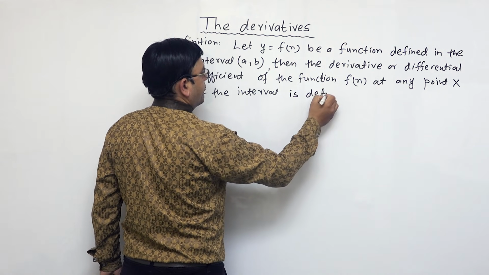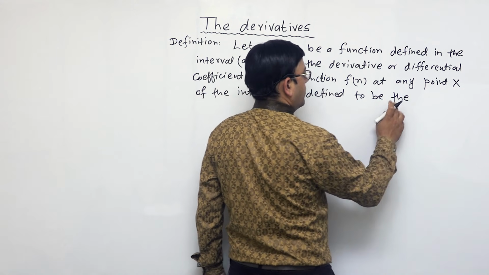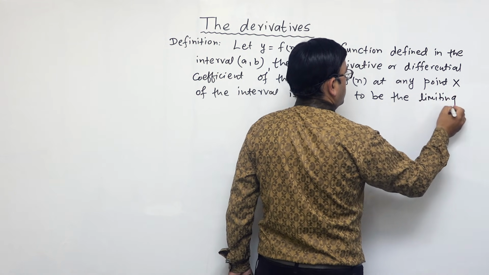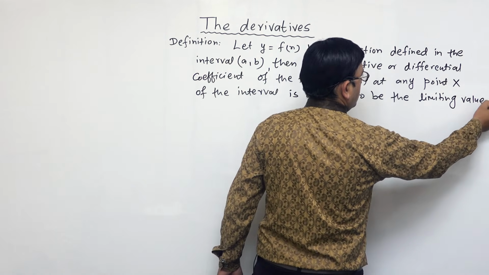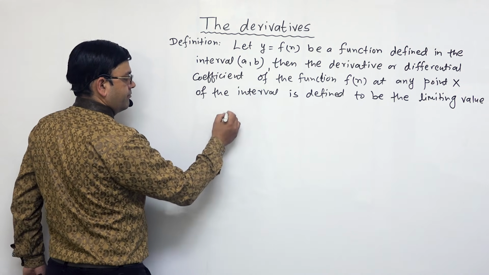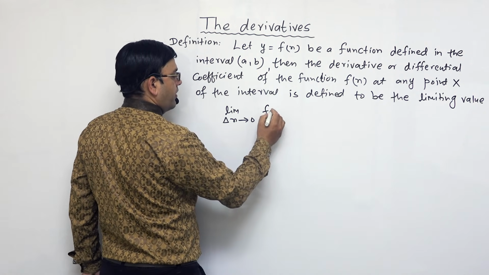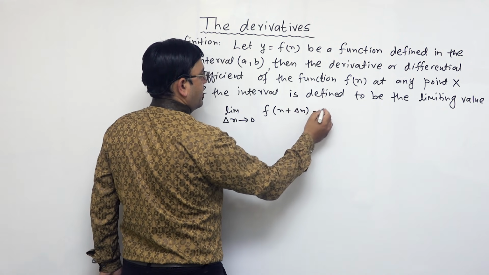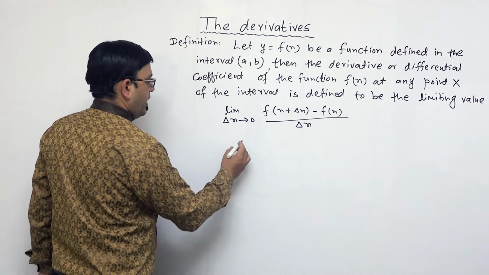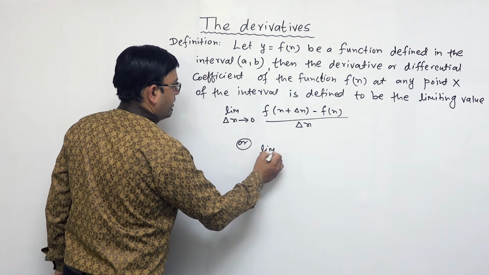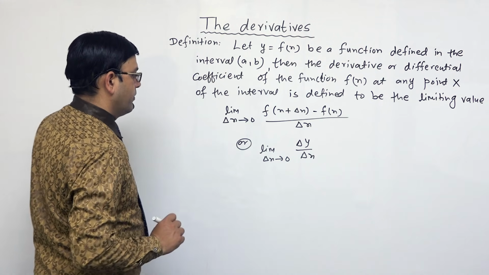is defined to be the limiting value of limit del x tends to 0, f of x plus del x minus f(x) divided by del x, or we say limit del x tends to 0 del y by del x, where